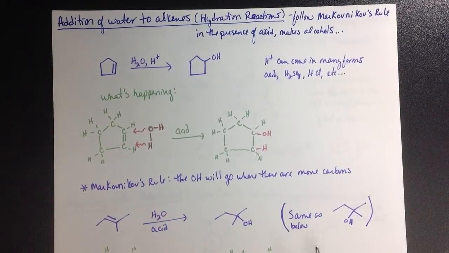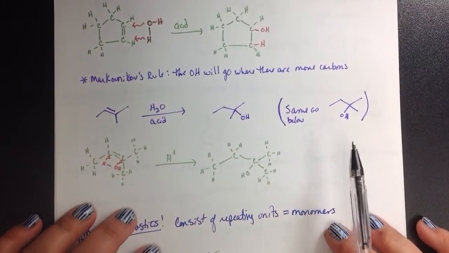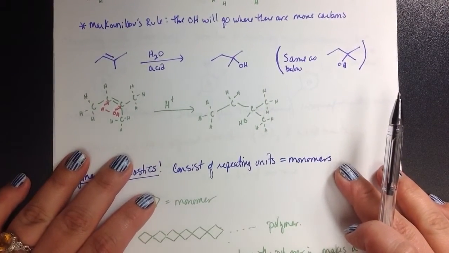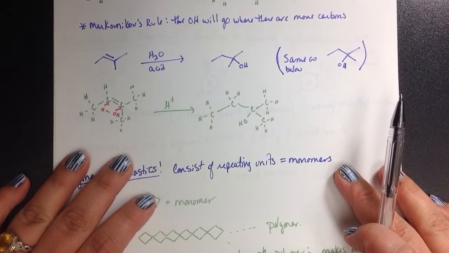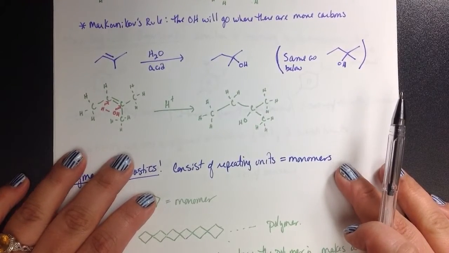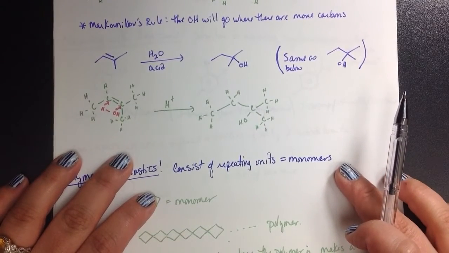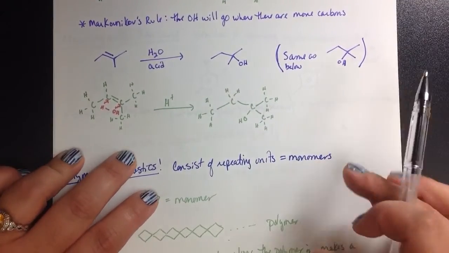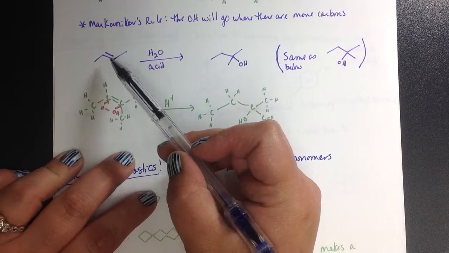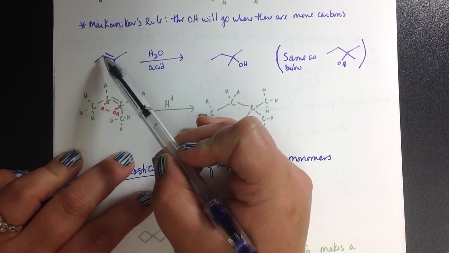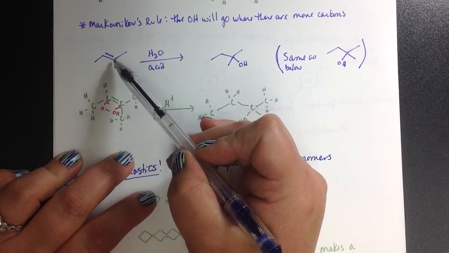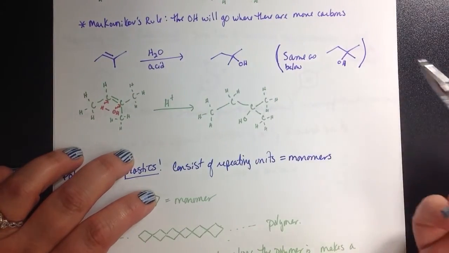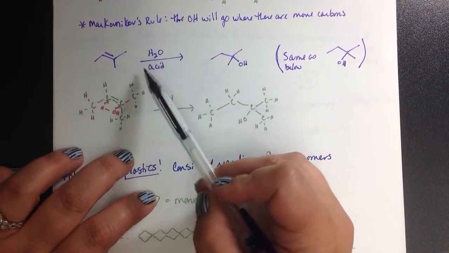Now there's this thing called Markovnikov's rule. Because I'm not showing you the mechanism or the way things happen, we don't really know what that means. But let me just simplify it and say that the OH part of the water will go to where there's the most carbons connected in that double bond. So see, this carbon's only connected to 2 carbons, and this one's connected to 3. If they're the same, you get a mixture of the two. But in this case,